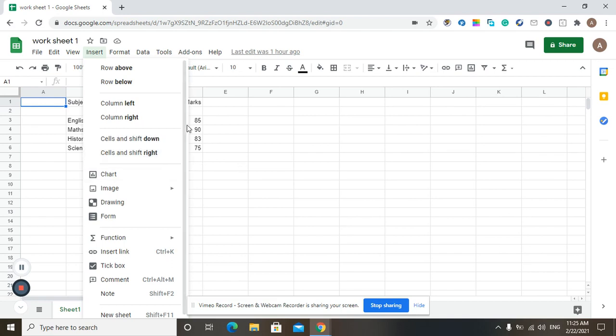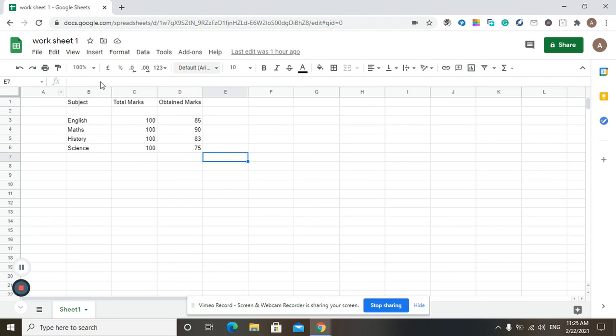First of all, you have to select the column where you want to insert a new column. For example, I'm selecting this. When you have selected a column, then go to the Insert option and click this,